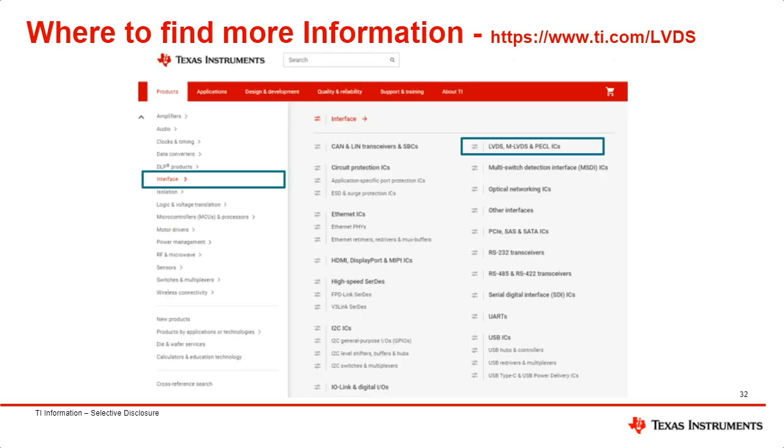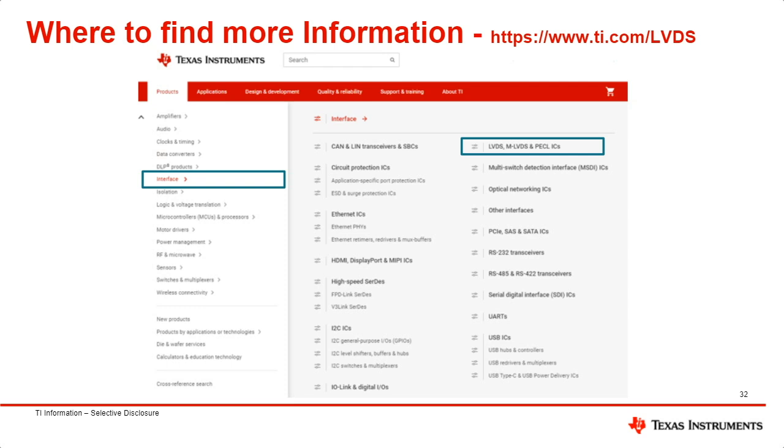To find more information about LVDS, you can go to ti.com/LVDS, or go to the homepage, select products, go to interface, and then find LVDS and MLVDS in the top right-hand corner. The ti.com product page has a lot more information on the different devices that are recommended across the different features.